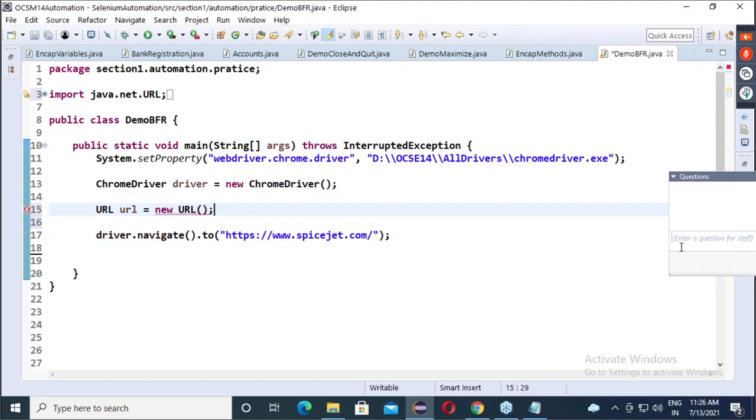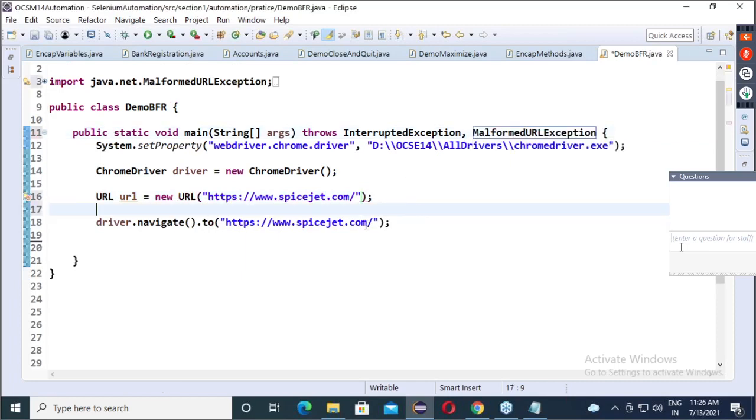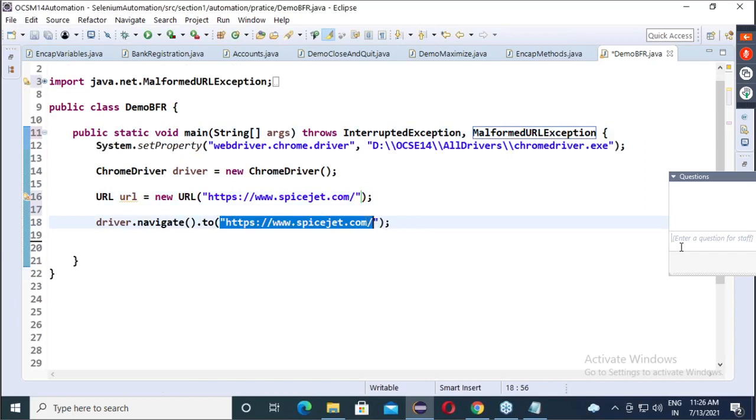Here you have to mention a path, meaning the URL of exactly the application you want to open. Now here you have to add a throws declaration, throws MalformedURLException, and then here you have to give the URL. Like this it will work.